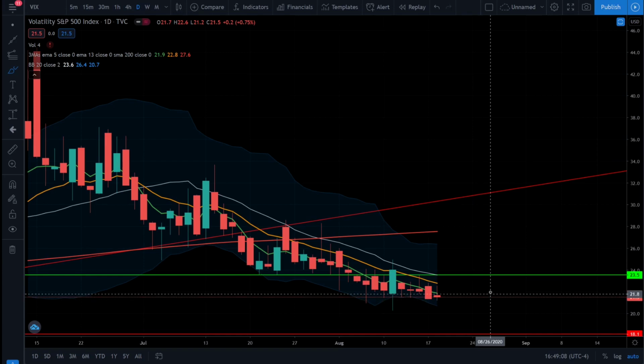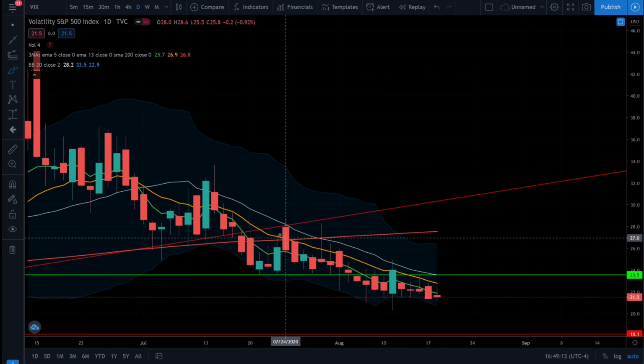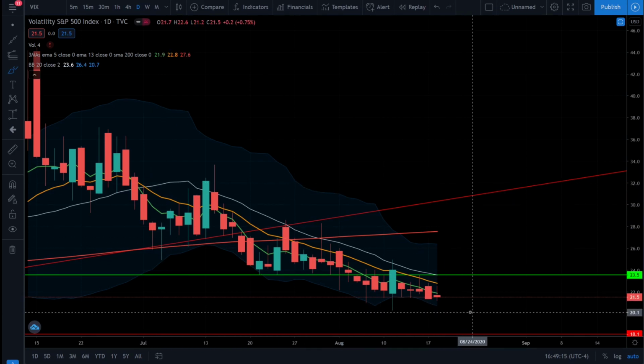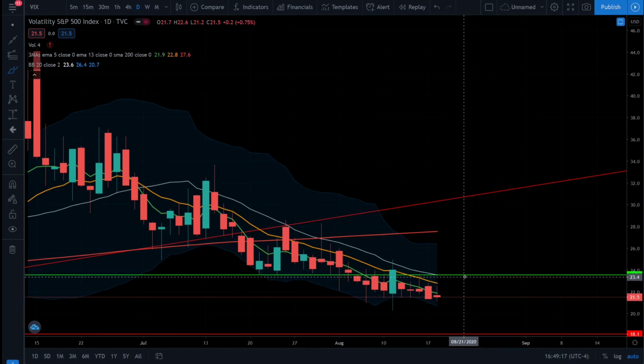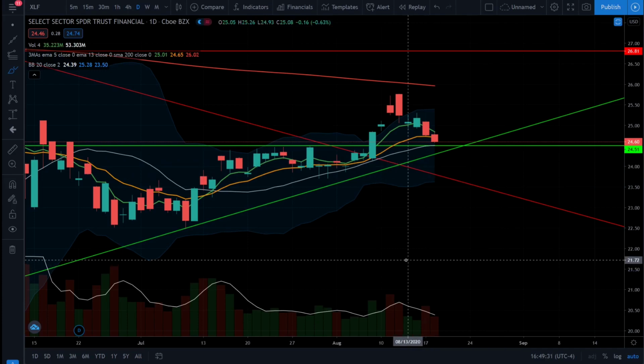So not exactly what we wanted to see on the VIX today, with the VIX closing higher. However, we still do see this nice downward trend on the VIX, and we'll continue to watch it for a bounce into this 23.5 level, which is ultimately going to tell us if fear is going to come back to this market or not. So jumping over to the financials, we see almost exactly what I expected, which is after